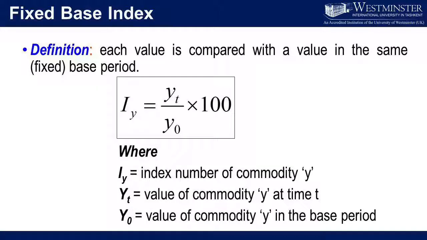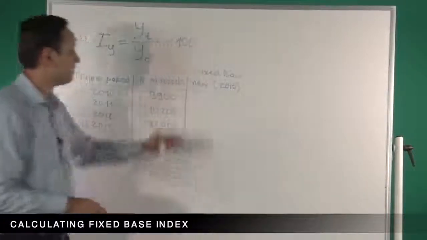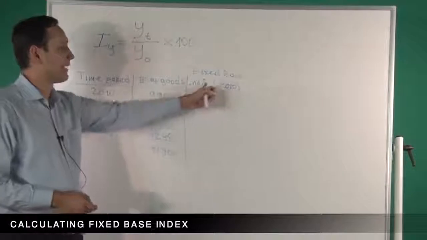period. As you can see in this formula, we take one year as a base year and we divide the current year, which is YT, by Y0, the base year, and simply multiply by 100, where IY is the index number of commodity Y, YT is the value of commodity Y at time T, and Y0 is the value of commodity Y in the base period. Okay, now let's consider this data and calculate fixed-based index, making the base year